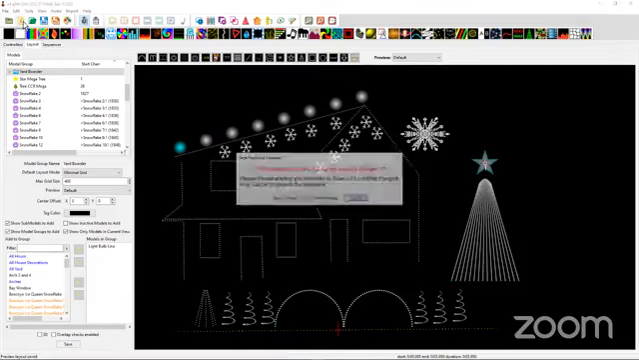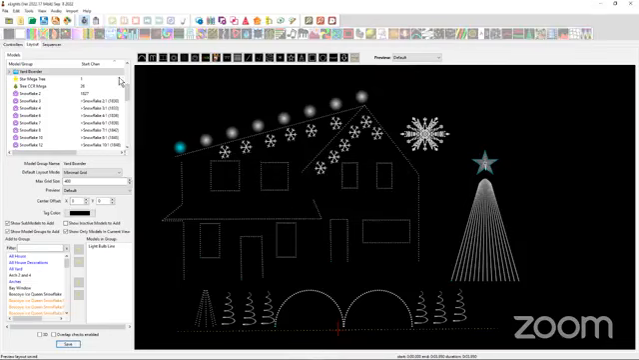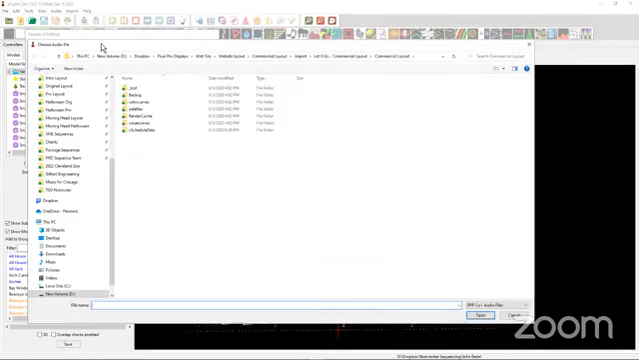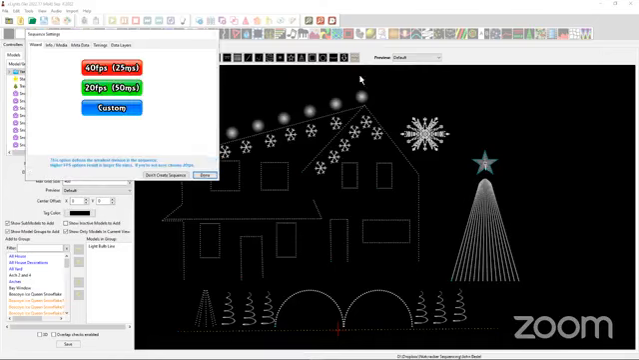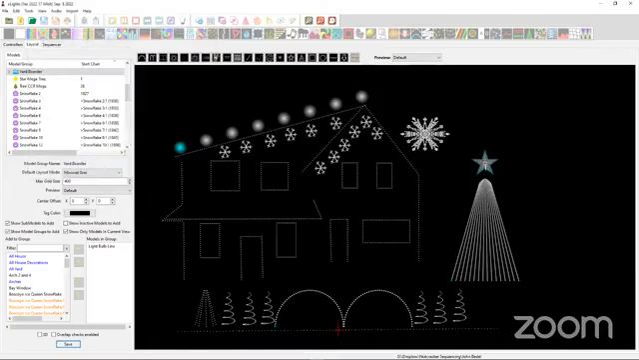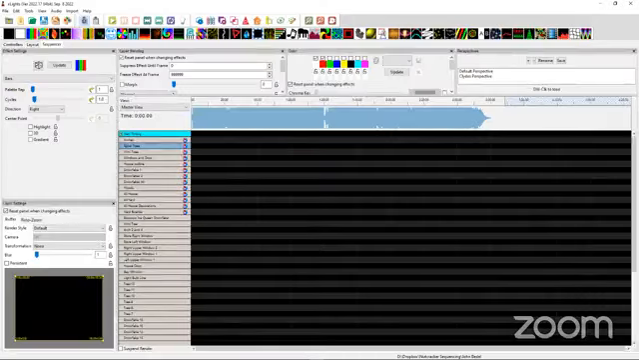What I'll do is I'll create a new sequence. Discard changes. I'll go and find the actual music. Cell dweller, where are you at? There he is. Okay. And I'm just going to click done. And so now we have the